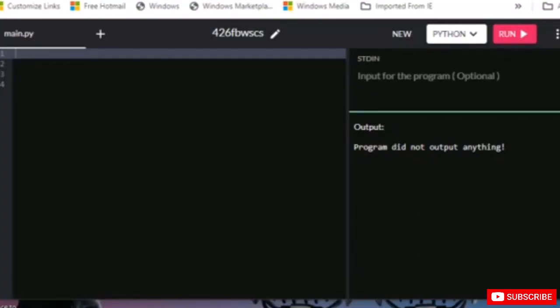Welcome back everyone. Now we are going to see the data types. As you have already learned some data types, we are going to work on the numeric one first, and in the numeric one we are going to work with the integers.